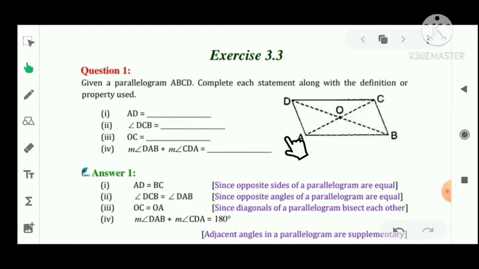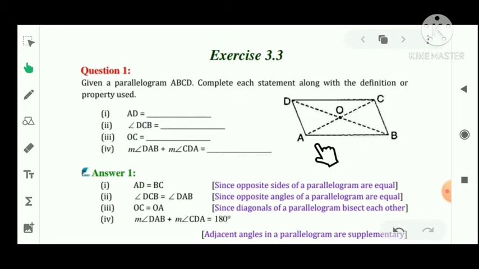Suppose students, as you know, this is a figure of the parallelogram. Here AB and CD are equal to each other because they are the opposite sides. Similarly, BC and AD are equal to each other. In the parallelogram, the opposite sides are equal to each other. Similarly, students, the diagonals are also equal, like AC is equal to BD.